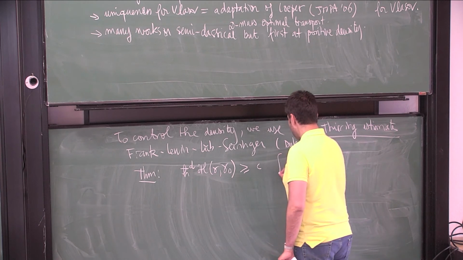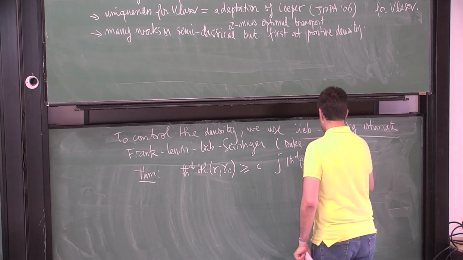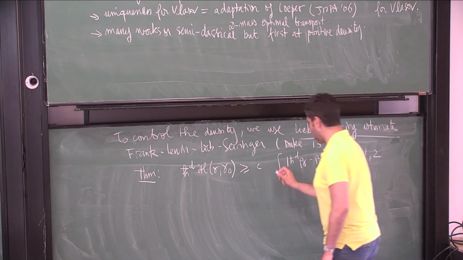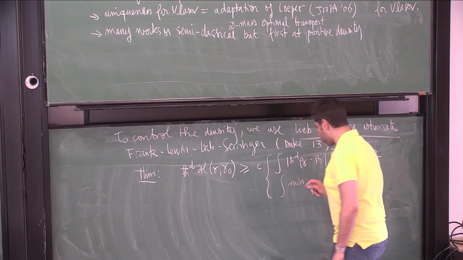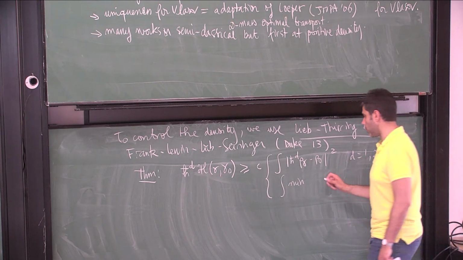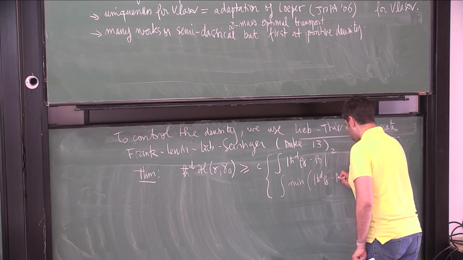Okay? So in 1D, it's actually just rho gamma minus rho 0 squared, while 1 to 2D. And in higher dimensions, you have a control which is not the same when this difference is small and when the difference is big, so it's the minimum of H bar to the D, rho gamma minus rho 0 squared,